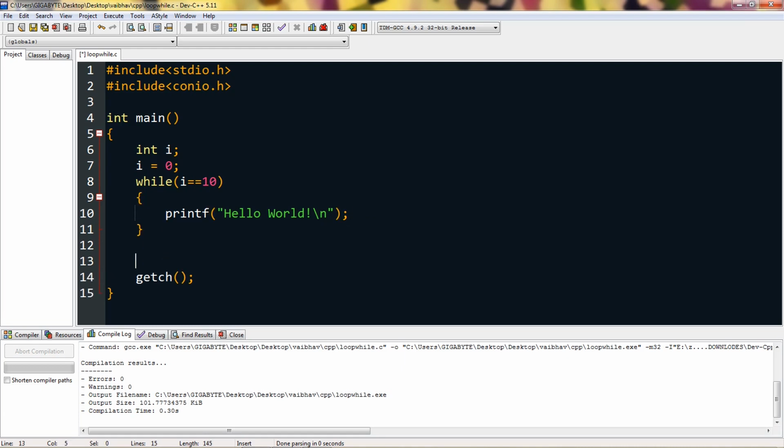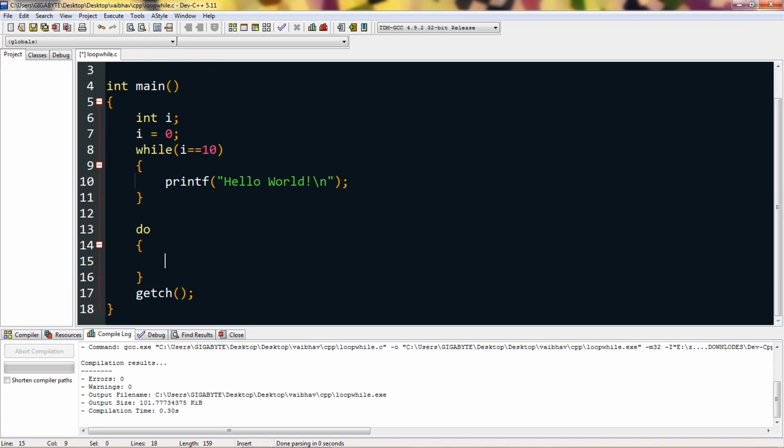And now I can type in do while. First you have to type do in lowercase, then curly brackets, and then your code. I will just copy this code in here, and then type in the condition: while and your condition, i equals 10, which is also false. Okay, then a semicolon, and I can type here world,